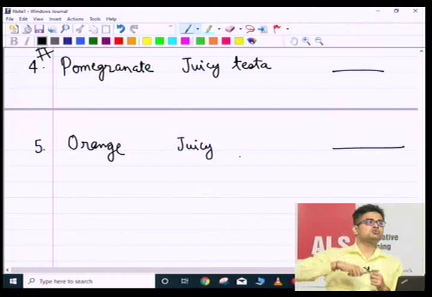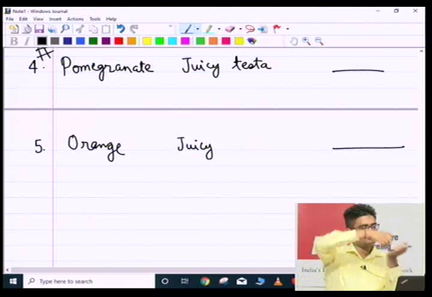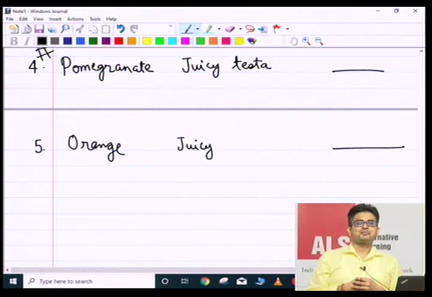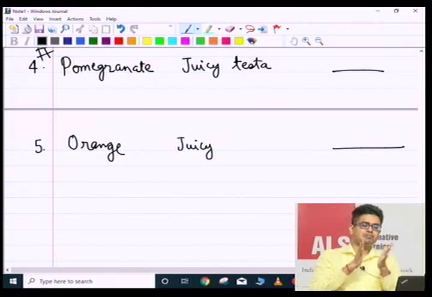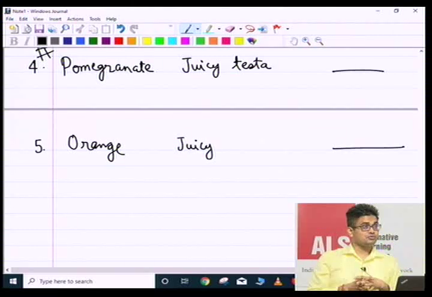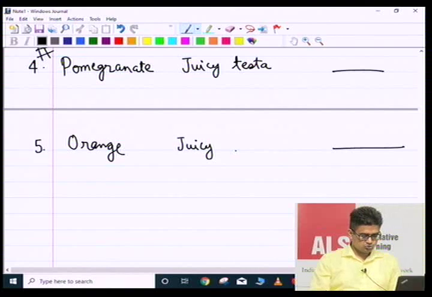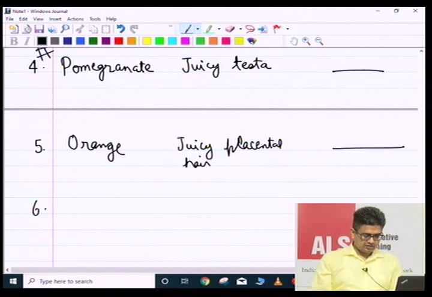In orange, the mesocarp is the white colored fibers that you peel out. It is part of the orange rind. We do not eat the mesocarp. Some people use it for other purposes, but that is not the edible part. Orange, juicy placental hair. Placental hair. Okay. Then we have